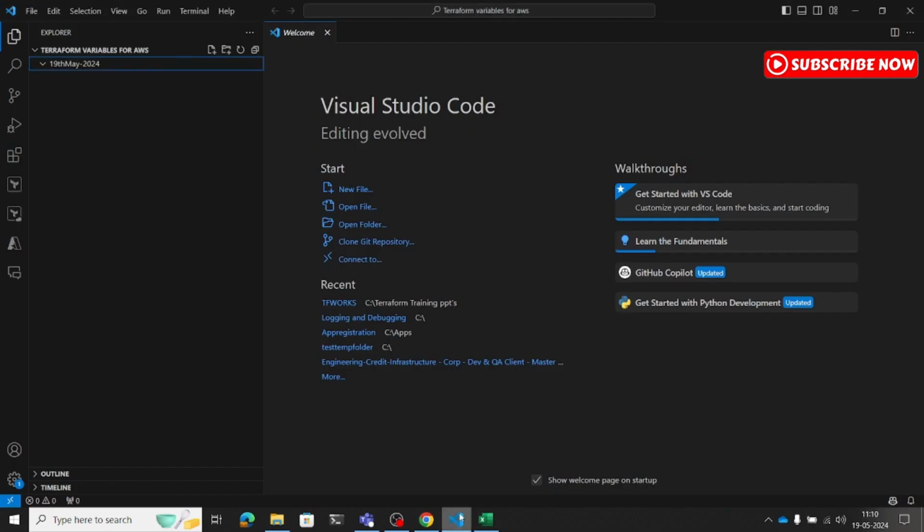Okay, go to Visual Studio Code. I have created one folder here, Terraform variables for AWS, and here is another folder. This is the main folder. Under this there is a 19th May 2024 folder, which is the second folder. So let's go in this folder. Under this folder I am going to create one